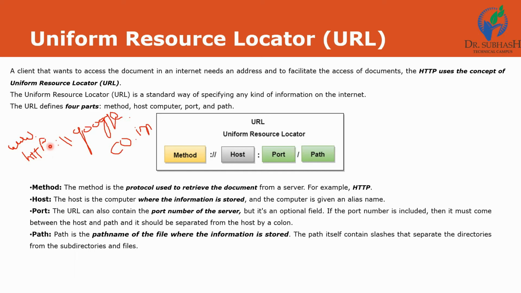There is some URL that is passed on the internet in the form of www, with portions like the http request.